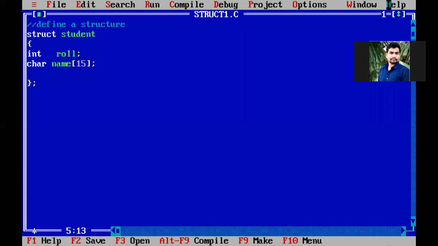What is name now? Name is an array of 15 characters. Now you can store a name up to 15 characters in length. Name can contain 10 characters, or 9 characters, or 6 characters, so it may be very different. But the maximum number of characters we can store into name is 15. More than 15 we cannot store. If you want to increase it, just change the 15 to 20. Then the maximum number of characters you can store into name is 20.